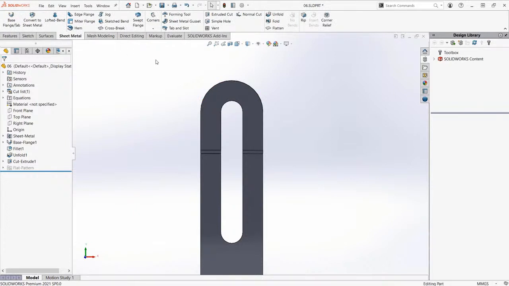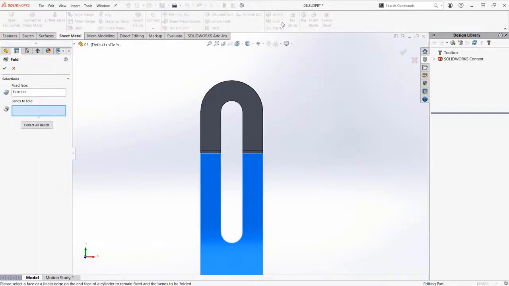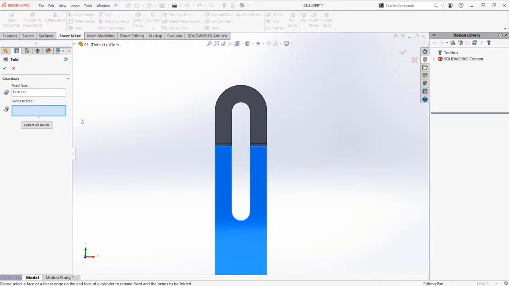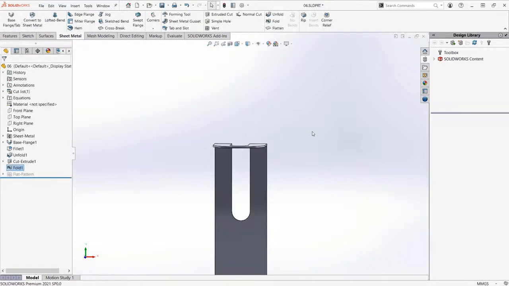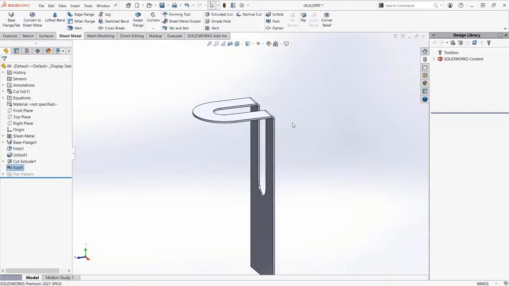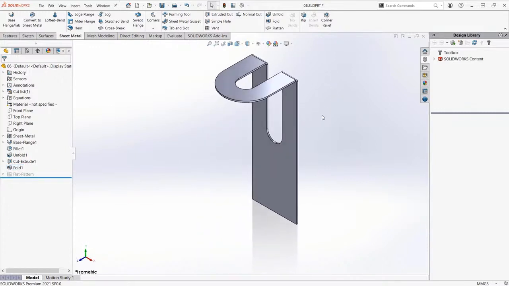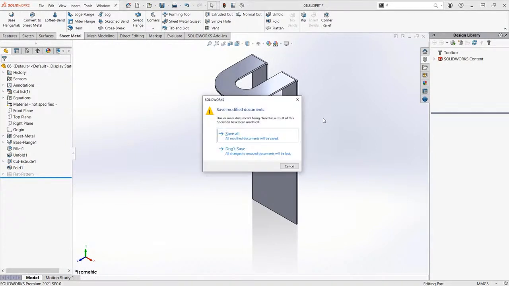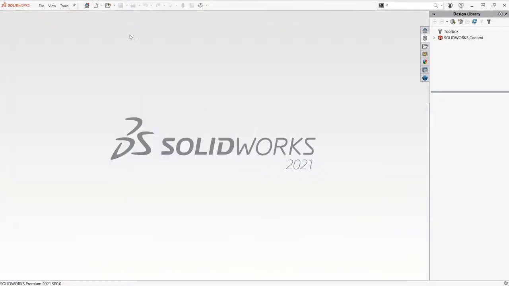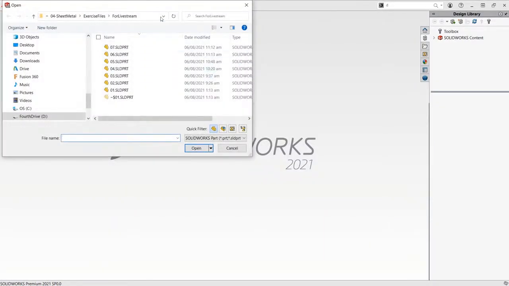And from unfold, let's now select fold. Fixed face selected, and bends to fold is once more this bend. Selecting this, selecting the green check mark, and that's unfolding and folding back in Solidworks. Let me close this one, Control F4, and let's open a new one,